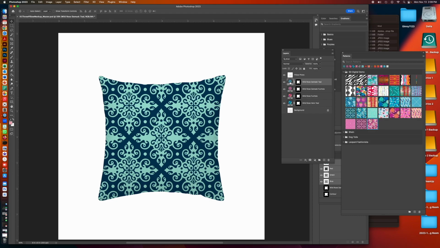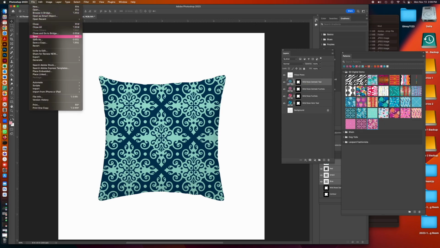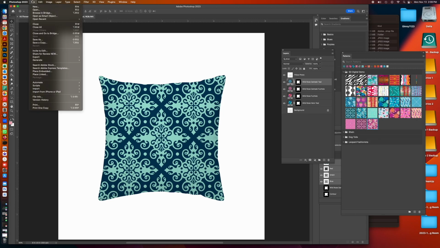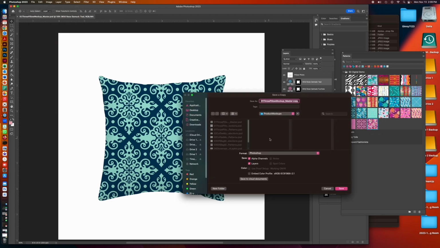And so I'm not going to embed this Photoshop file into my portfolio. I'm going to save out JPEGs for each one. So let's just save, just to be safe. Always save your file before you do any major changes. So I'm now going to proceed with File, Save as a Copy, and then I'm going to,